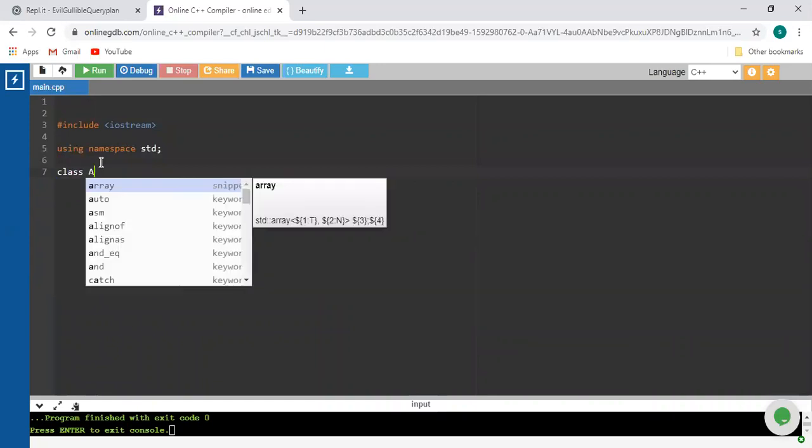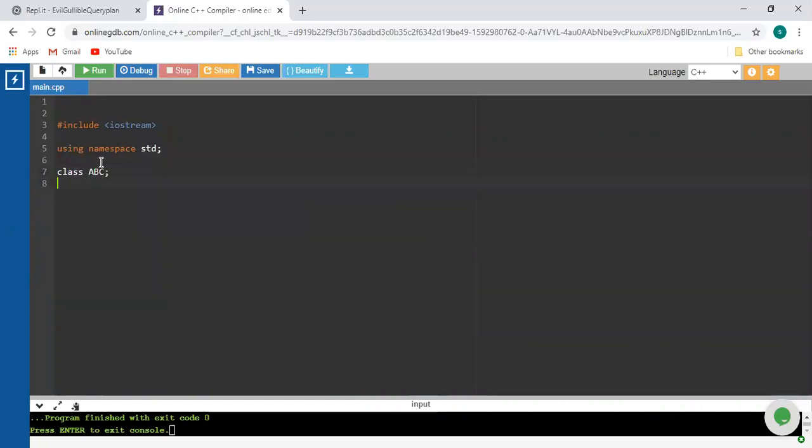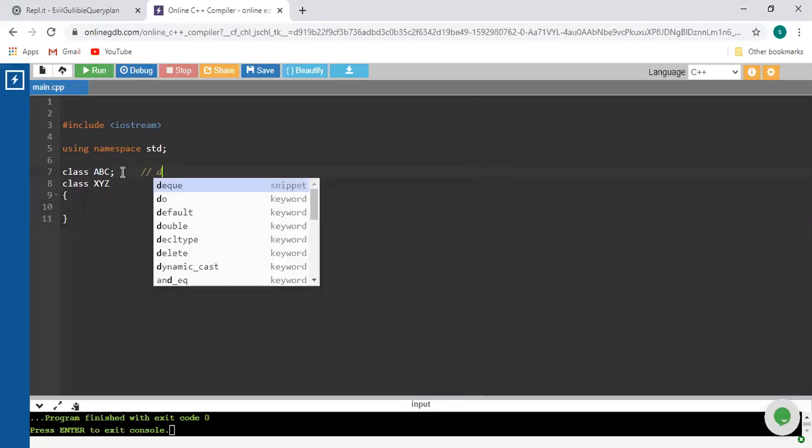First class as ABC. I will just declare that class here. So first of all, I will define the second class XYZ. Yes, what is this, class ABC semicolon? Class declaration. Okay.